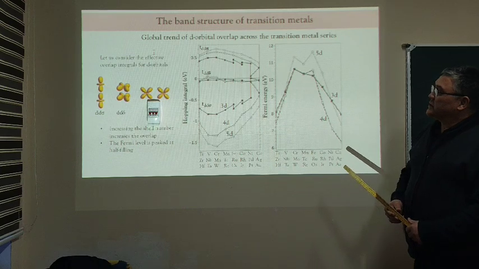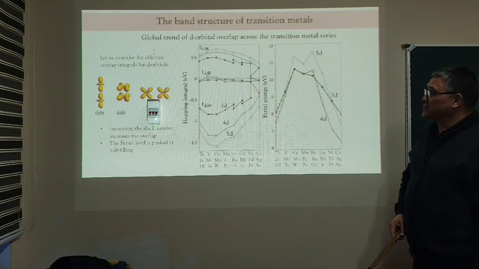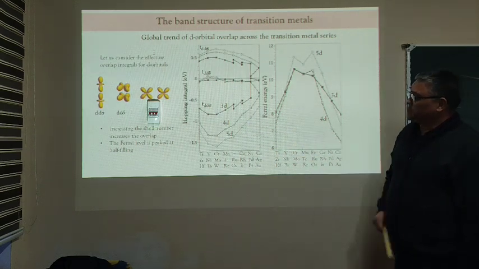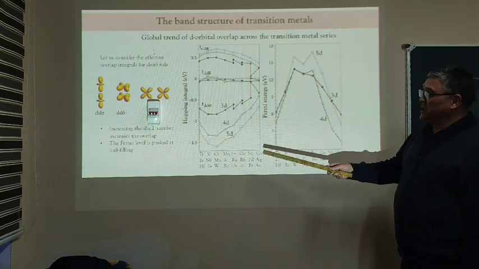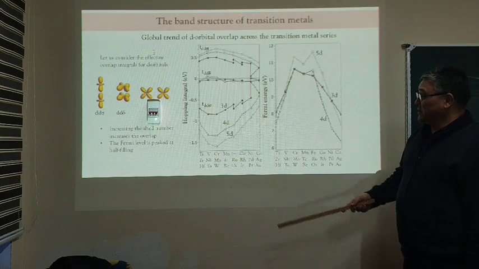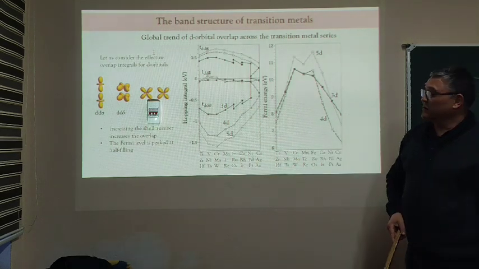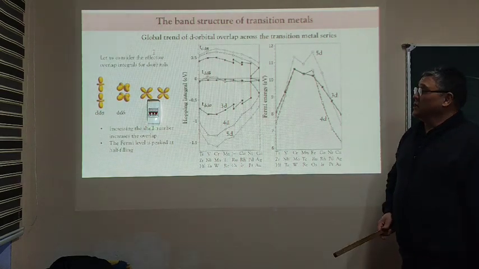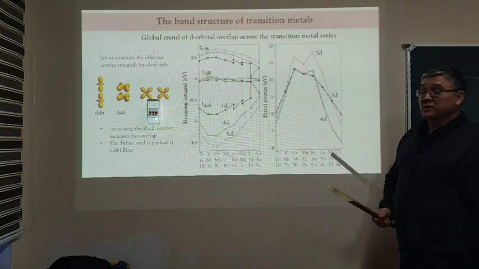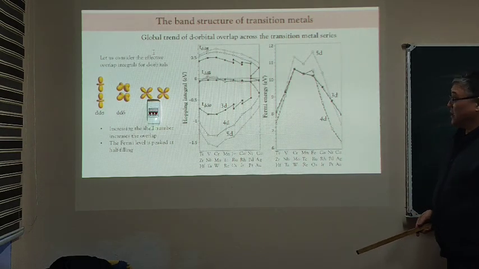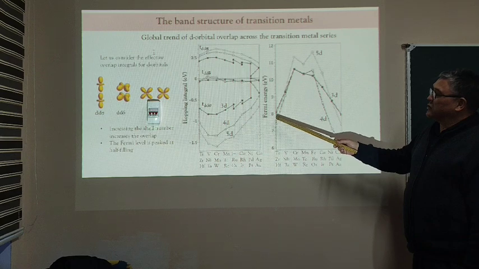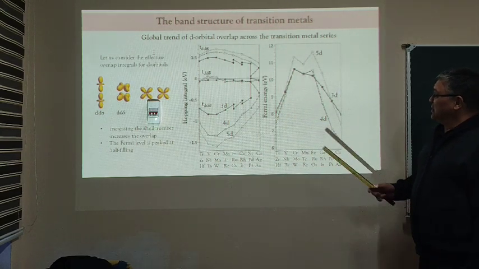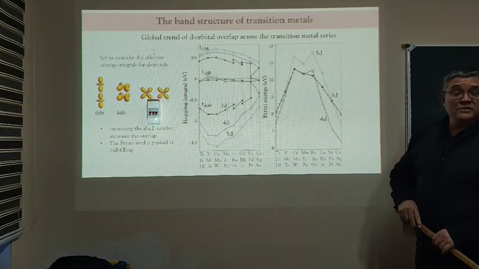Now, if we consider the energy bandwidth, we can say that for 5d elements we have larger values of bandwidth, whereas for 3d we have smaller values of bandwidth, and these smaller values contribute to the ferromagnetism and antiferromagnetism of these materials. Now, if we calculate the Fermi energy for these 3d, 4d, and 5d elements, the graph looks like this. So the Fermi energy is